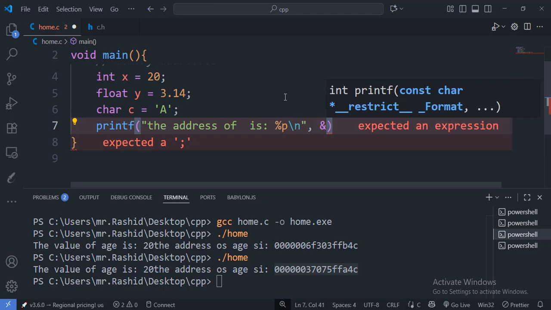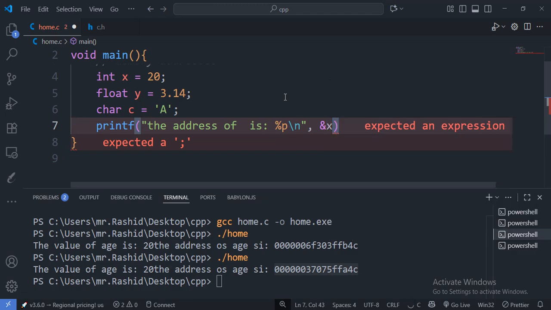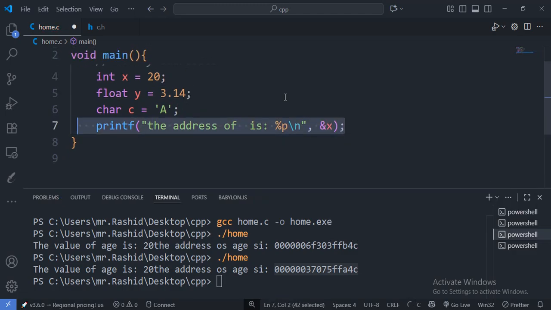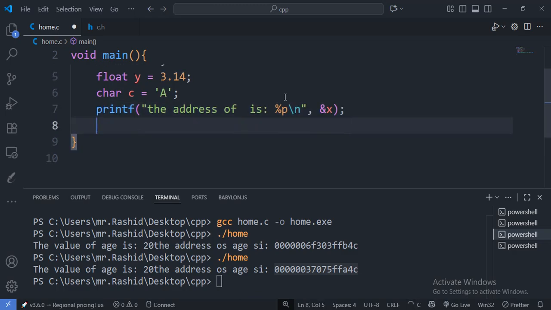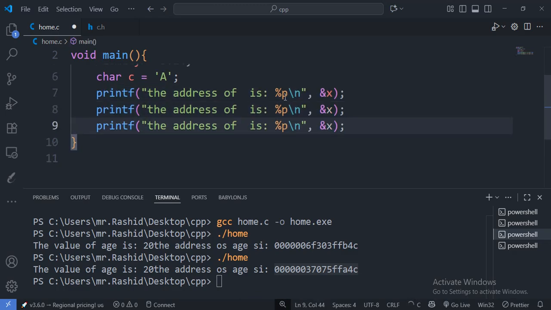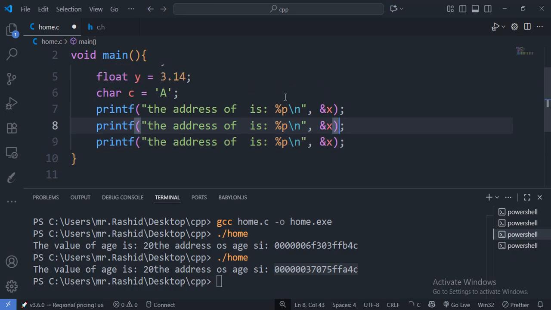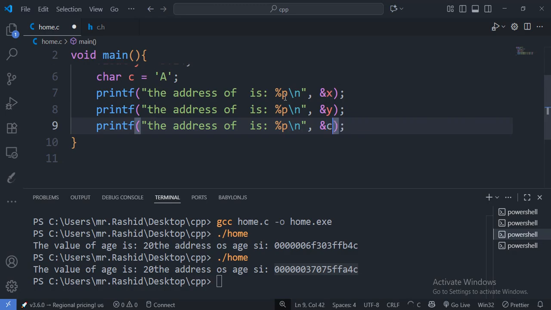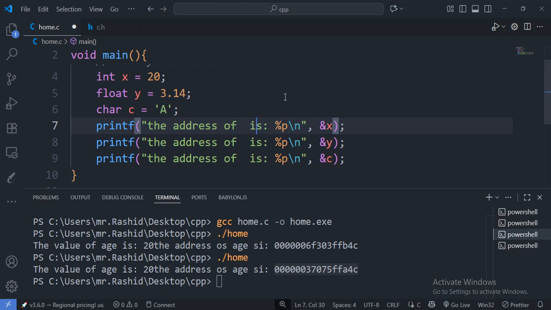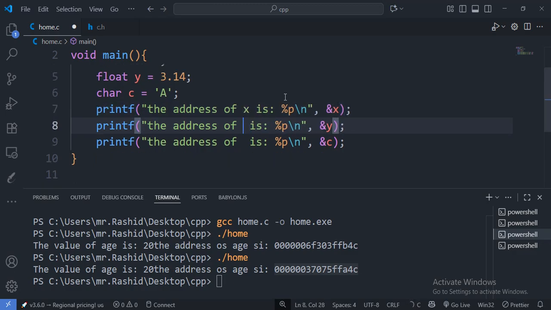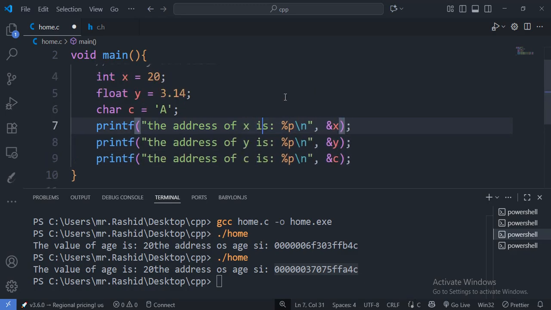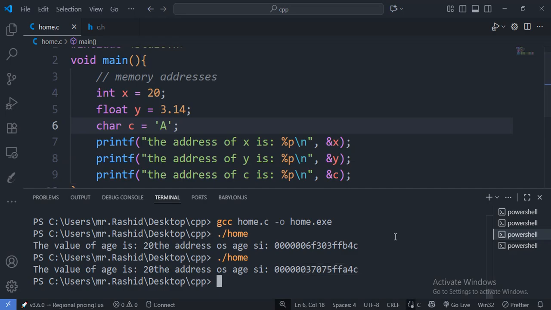For x we use &x, like that. Allow me to copy everything and paste it three times. This one is for x, this one for y, and this one for c. Then if we save and compile,